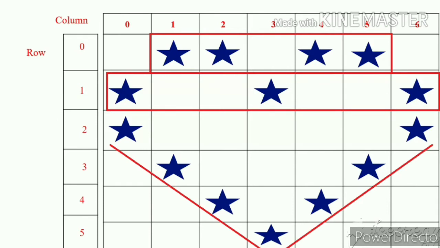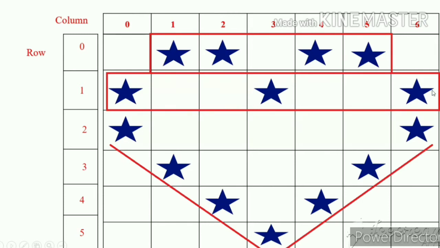The first part is row 0 and column 0. In the second part, in row 1, we have to print the star in column 0, column 3 and column 6.